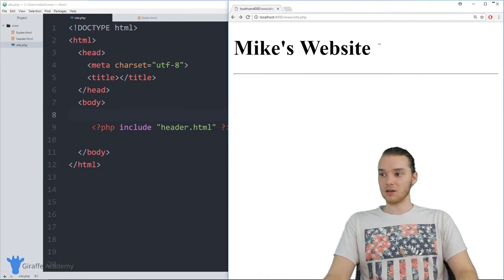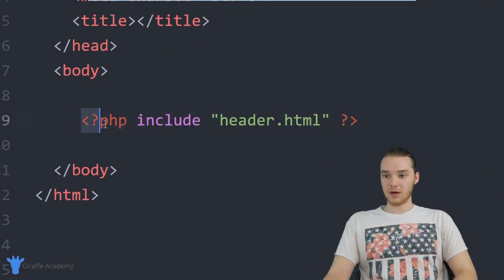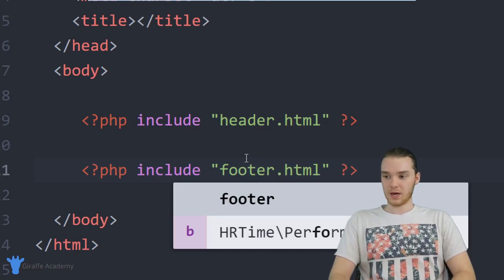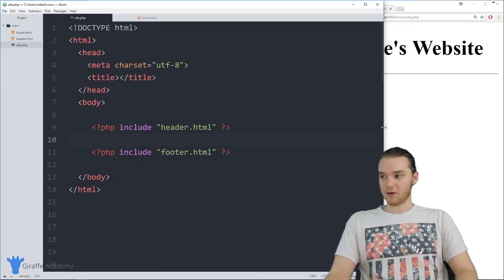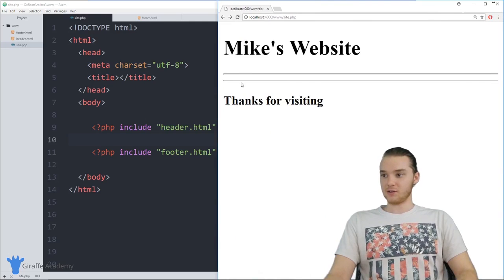And now I have all of the code for the header of my website right here. Another thing I could do is include the footer. So again, I can just copy this and we'll come down here. And now I'm going to include footer.html. And you'll see over here, we should get that footer on the website. Yeah, so now we have the header, the horizontal rule, and then the horizontal rule for the footer, and